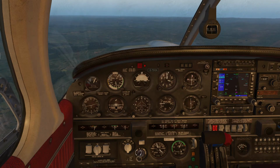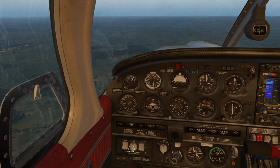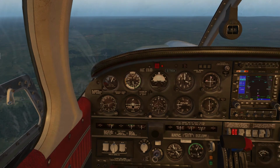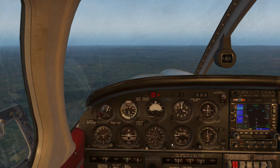So there we go, we're now in heading hold. As you saw, the aircraft did slightly move, but that's completely okay. That's still on, as you can see. And I'll show you this roll mode, and once I show you the roll mode, we'll be doing some stall practice in the next episode, and then landing the aircraft. Hopefully this review is giving you a good idea of what this aircraft is like to fly so far,